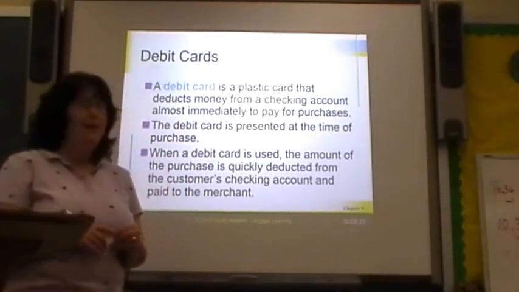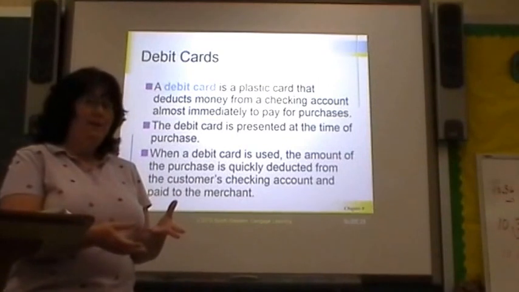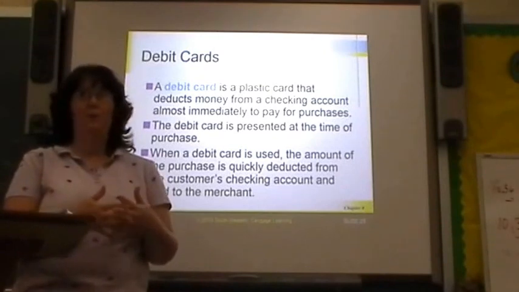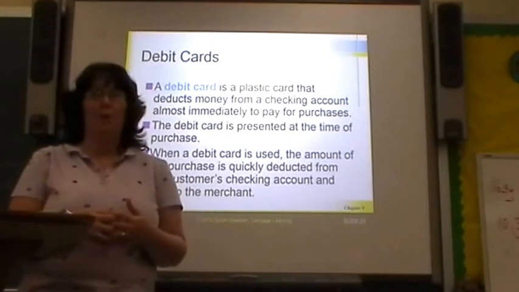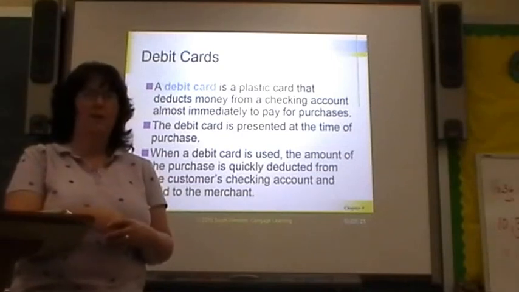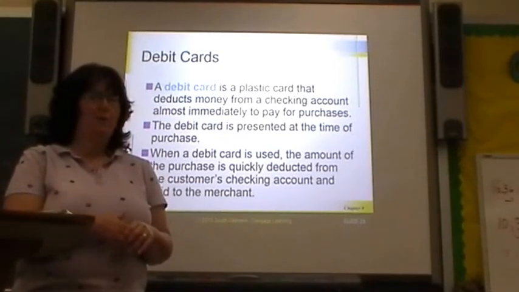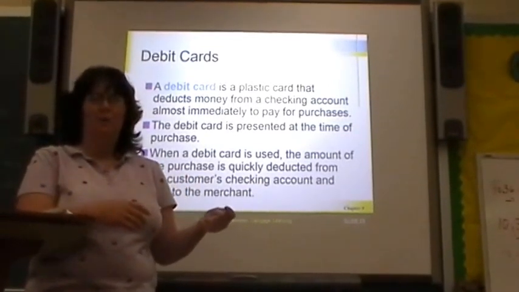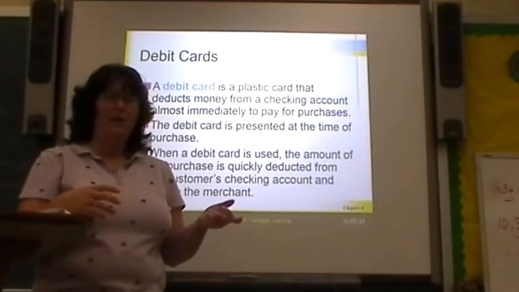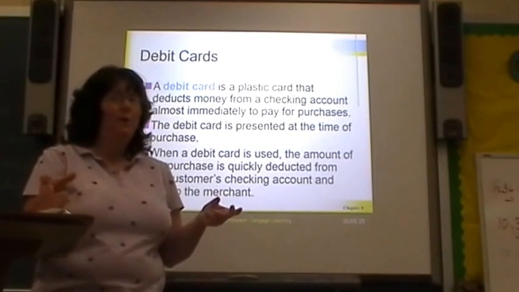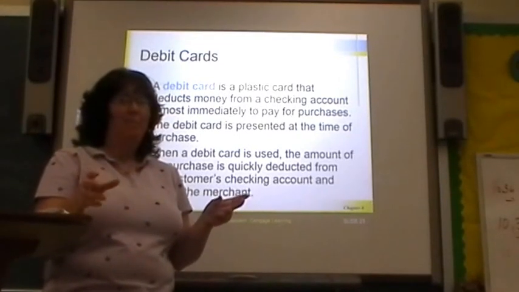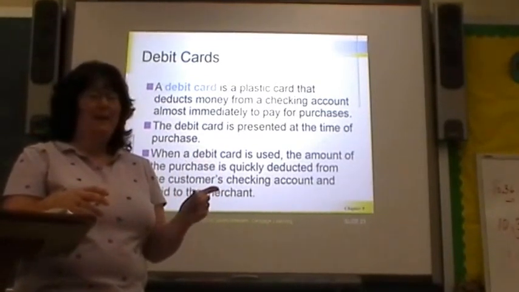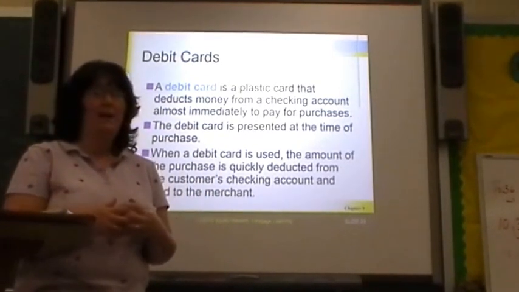Now, I had a friend a few years ago who newly added a debit card to her checking account, and when she went to buy gas over in Martinsville, she swiped that debit card. She didn't have very much money in her account, but the gas station just set aside an average amount. I think it was like $38. And so when she went somewhere else to pay for something, she didn't have enough money in her account. She'd only gotten $15 in gas, but that gas station was holding $38 of her money,